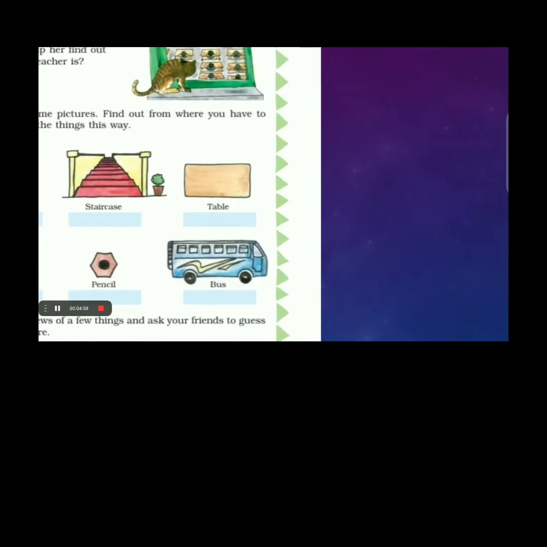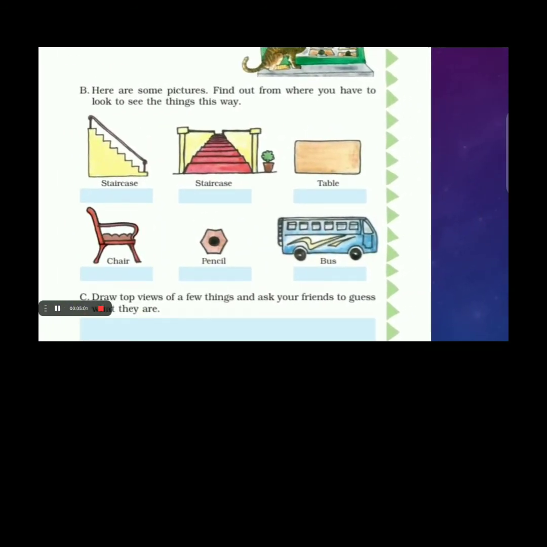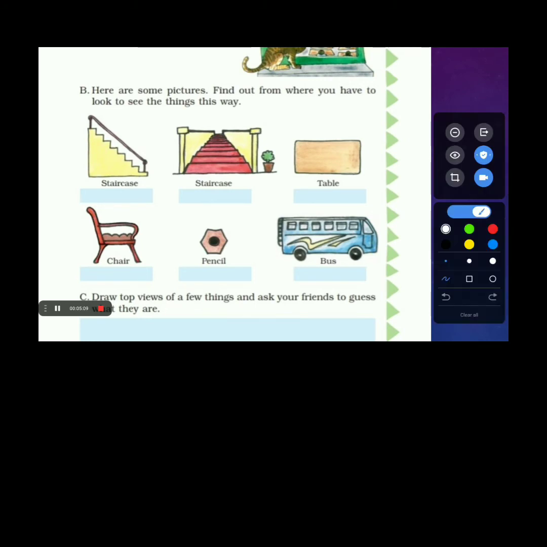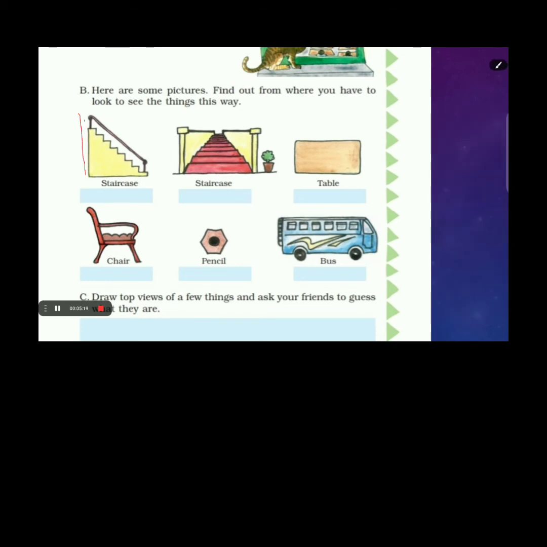So now just find out from these images what these images say. See, this question comes here. Here are some pictures. So the first picture is of a staircase. The other picture is also of a staircase. Now you need to find out which is the front view, which is the side view, and which is the top view. So let's begin our task.